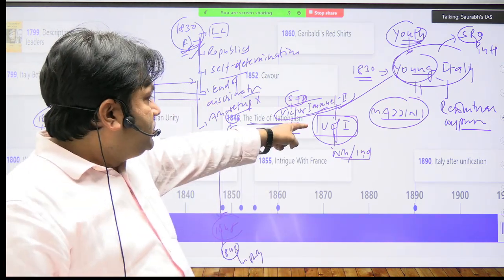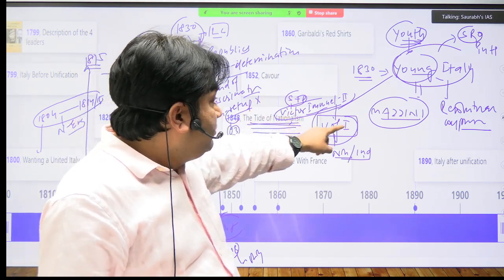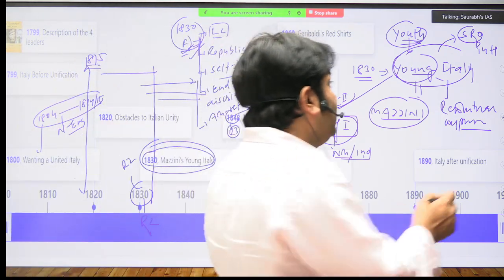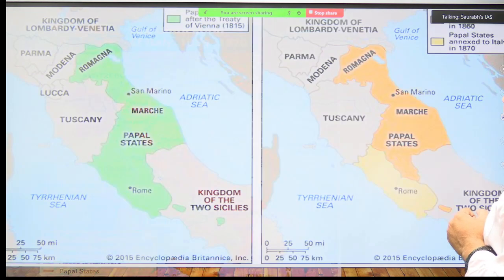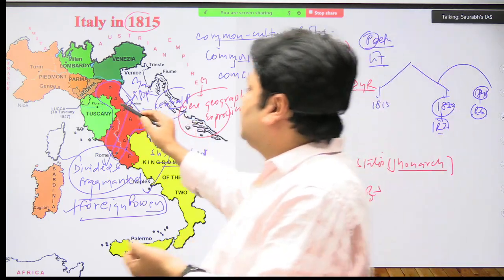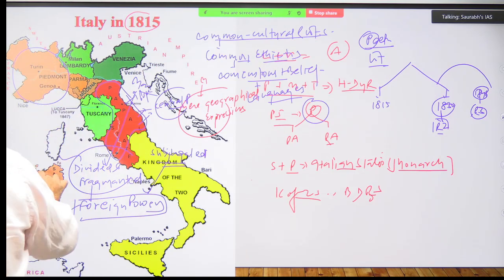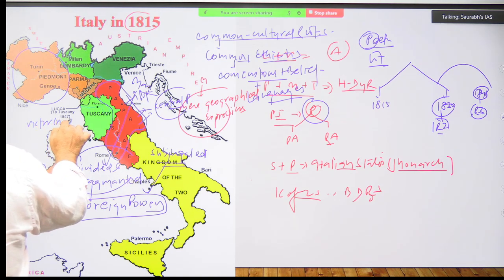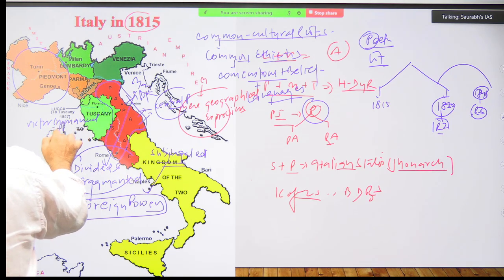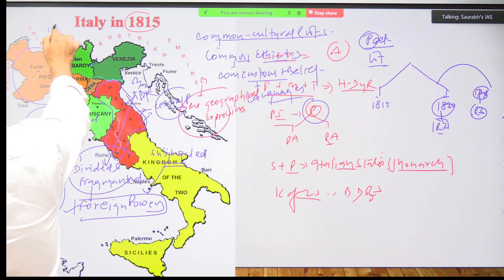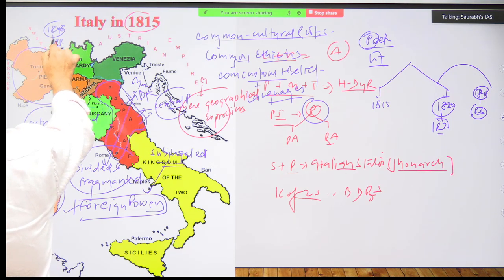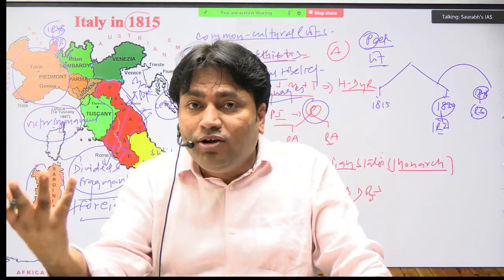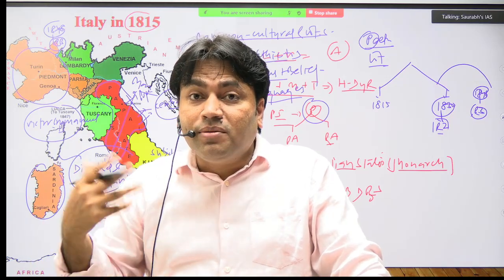ठीक है, so what we see here? The ruler of Sardinia Piedmont state, याद आया? This was a single state. This is Sardinia Piedmont. It was ruled by Victor Emmanuel II. यहाँ पे रूलर कौन है? विक्टर इमैनुअल. Now what will happen? 1848 के बाद, R3 के बाद रिवॉल्यूशन कहाँ हो रहा है? फ्रांस में. टाइड ऑफ नेशनलिज्म कहाँ देखने को मिल रहा है? इटली में. ओके, जर्मनी में.